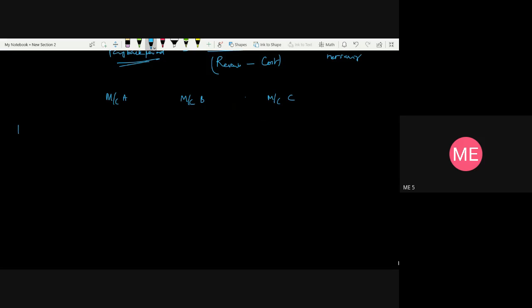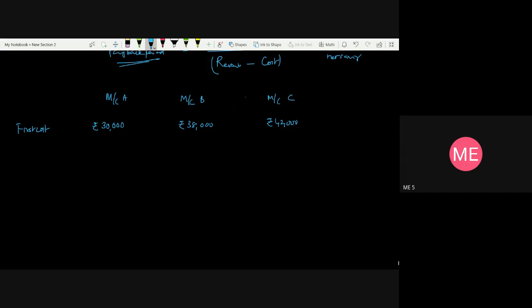What is the initial investment or first cost on these? On machine A it is 30,000 rupees, on machine B it is 38,000 rupees,